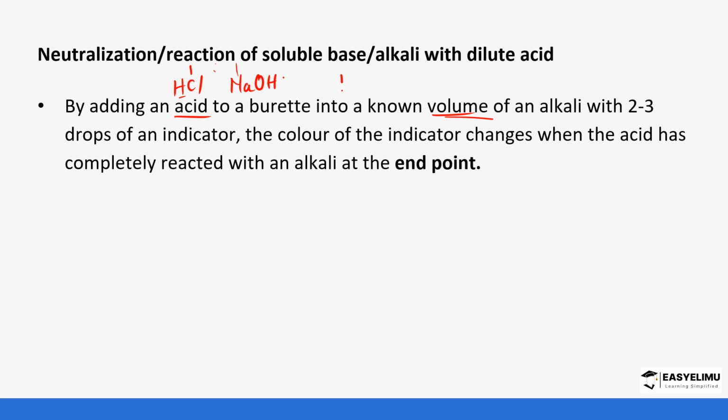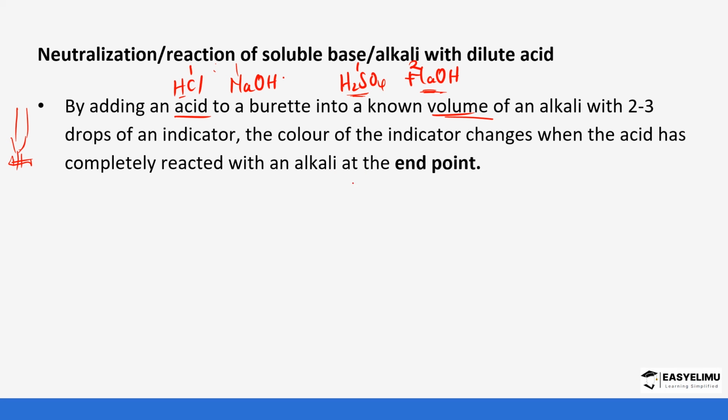But if you were to use sulfuric acid and sodium hydroxide, you can see the sulfuric acid is dibasic. So the ratio is going to be 1:2. In this case, for every volume used for the acid, you have to double the volume of sodium hydroxide. That is the reason why we are saying it needs to be very careful. We usually use a burette for this reaction, but you don't really need to use a burette anyway. You can get the known volume and put them in different beakers and mix them,